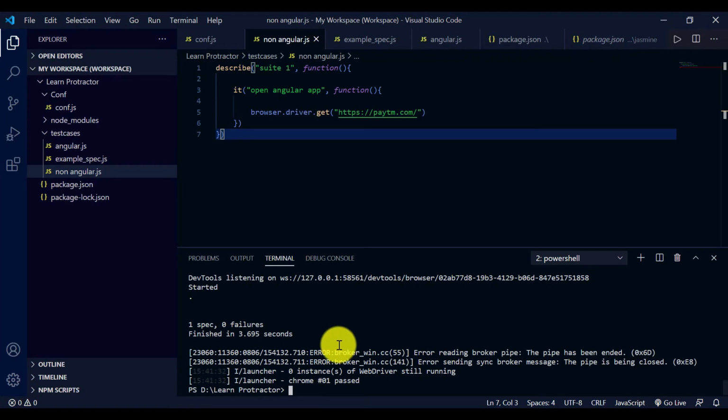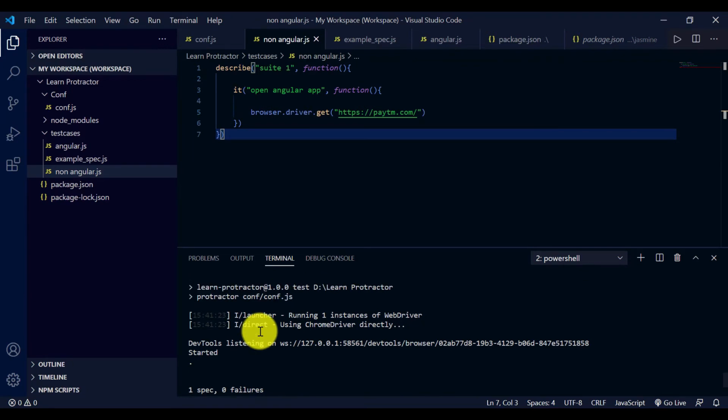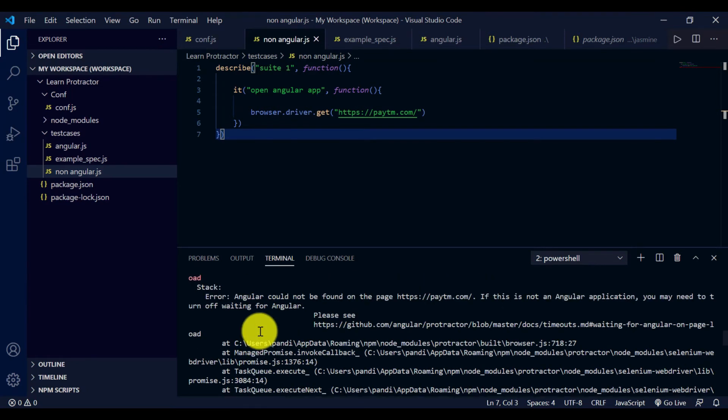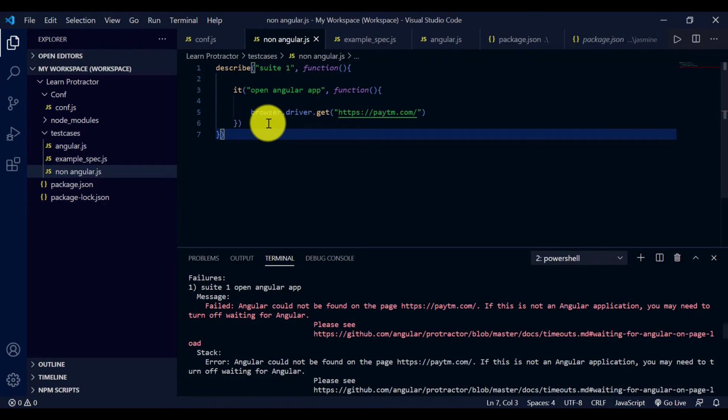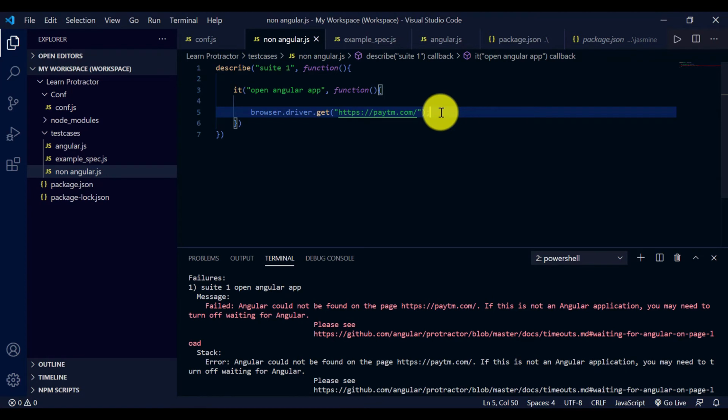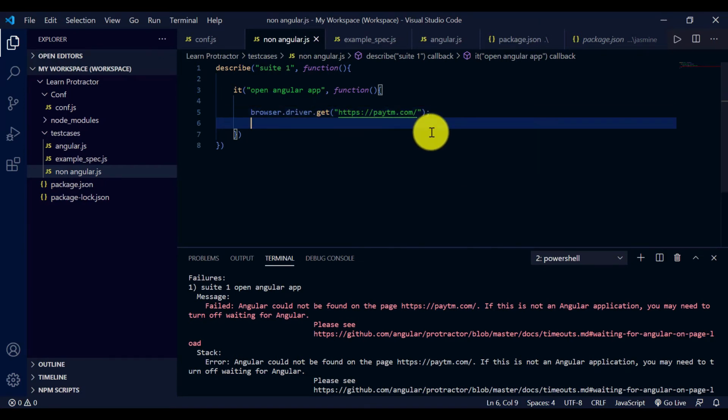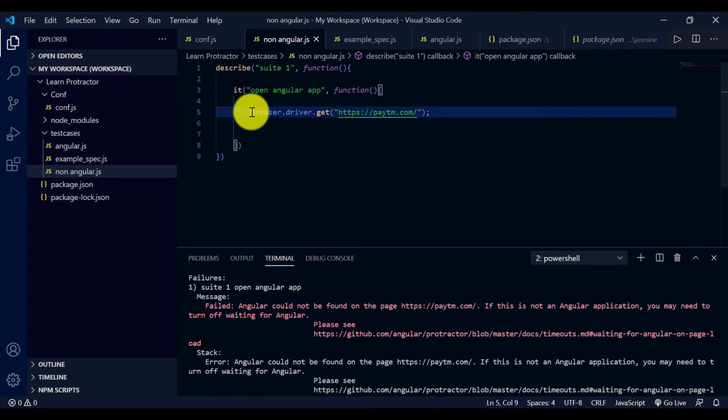As you can see, this test case has passed. It's not showing the same error it was showing earlier. This is one way, but this way is never recommended, because we need to write lots of commands, and these commands come from the Selenium WebDriver. It will create lots of confusion as well. As we are using Protractor, it is always recommended to write Protractor commands only. If you want to use Protractor commands only, how can you automate a non-Angular application? For that we have another way.